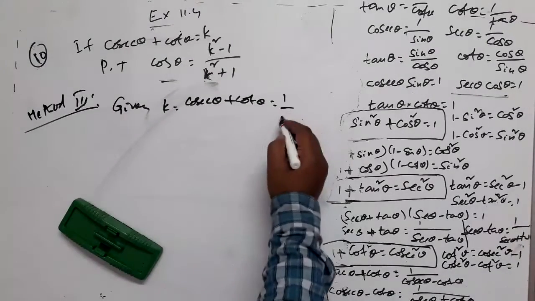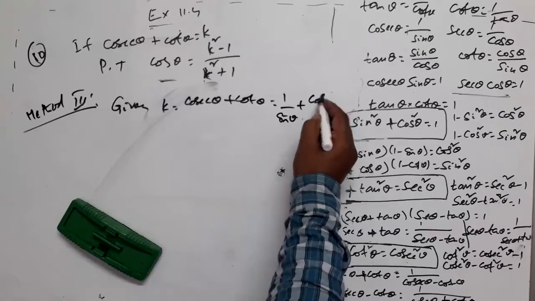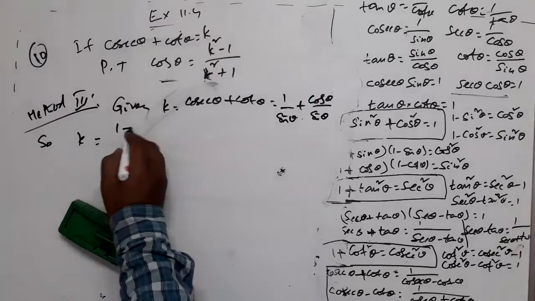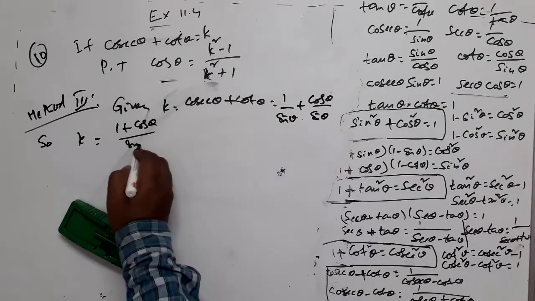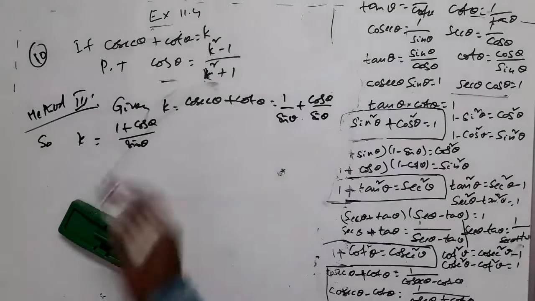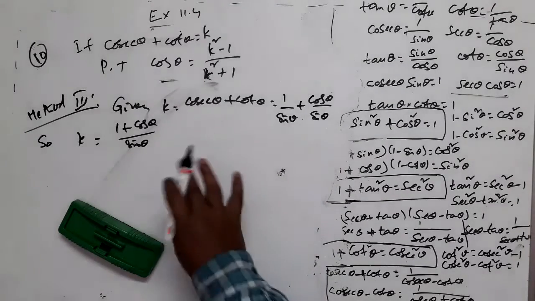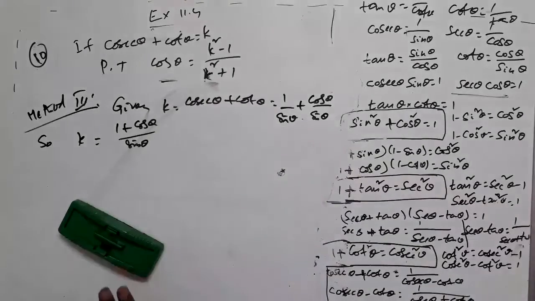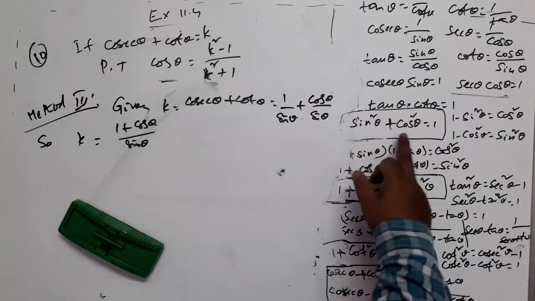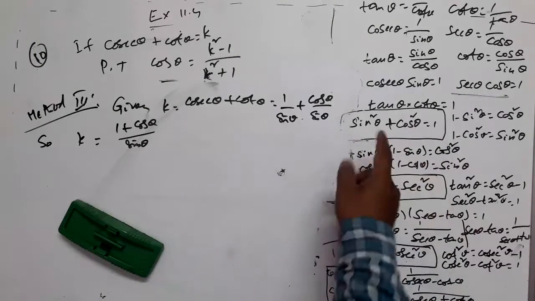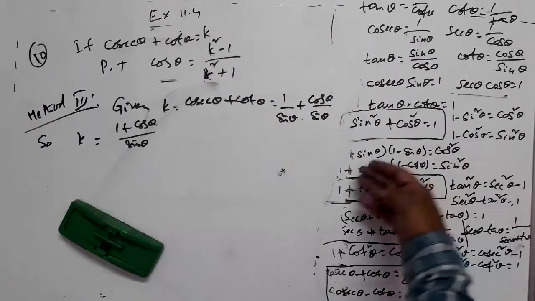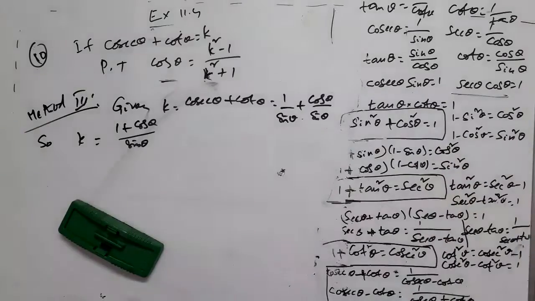That is cosecant, of course we know is 1 by sine. Cot, of course we know is cos by sine, right? So k is 1 plus cos theta by sine theta, right? Because these two denominators are same, I can write it as a common denominator. So this is 1 plus cos theta by sine theta. I have expressed k in terms of sine and cos because I will be more comfortable with sine theta and cos theta, because I know this first identity, we will use it frequently. So sine square theta plus cos square theta is 1, and so on. If I have any of these expressions, I can replace them by this, and so on.